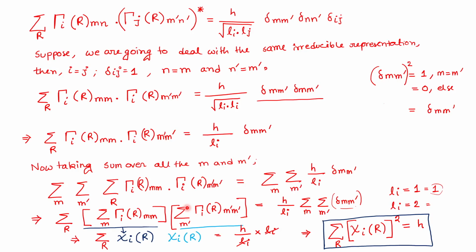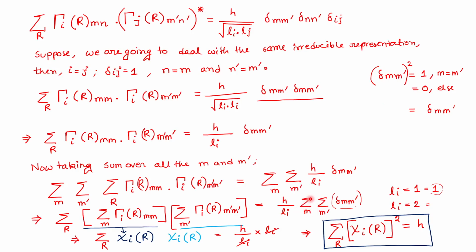Similarly here also, the sum over m dash of gamma_i(R)_m dash m dash. For this also you are going to get the sum over all the diagonal elements, and that is going to lead to the character of the same, so it is chi_i(R). That equals h by l_i,